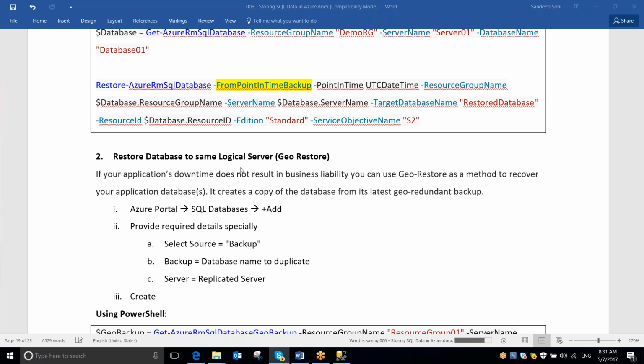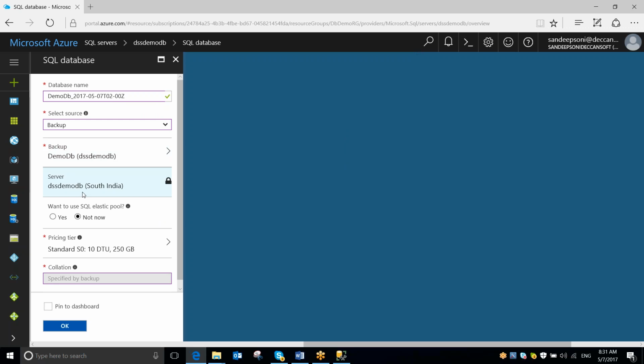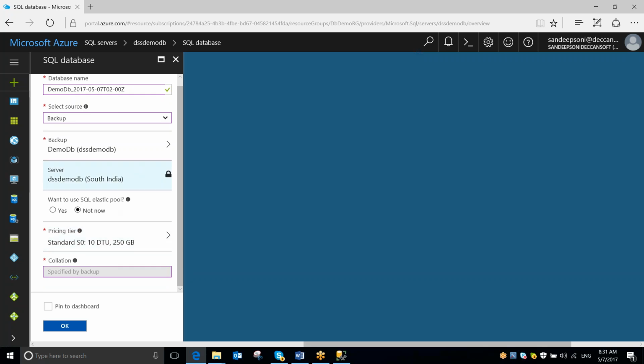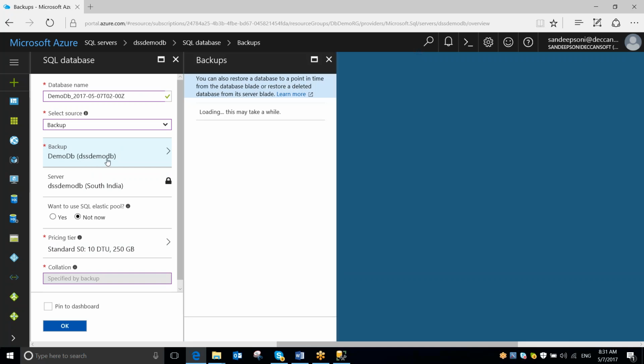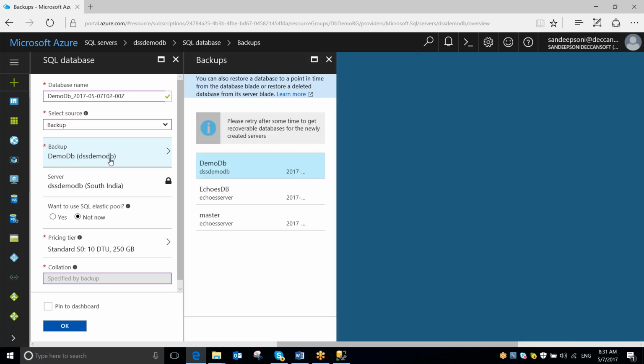Sorry, it's a mistake. Server is locked. The rest you can change. So from the automated backup of my DSS demo DB, which is taken automatically at an